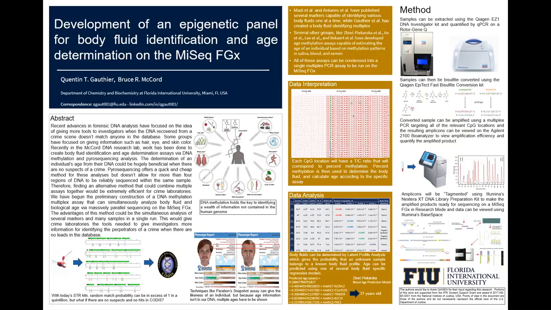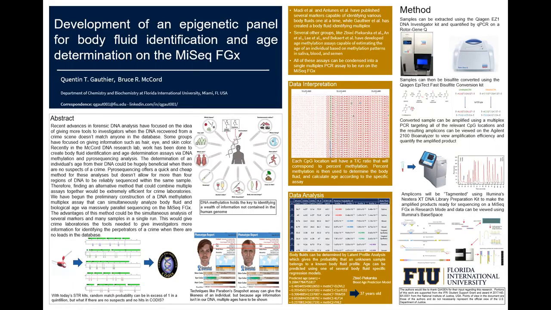So to get a little more specific on the method, looking over here on the right, the samples obviously can be collected from crime scenes and extracted using, for example, in our lab, we use primarily the QIAGEN EZ1 DNA Investigator Kit and quantified with qPCR on the Rotor-Gene Q or with a Qubit. Once we know the quantity of DNA in a sample, we can convert it using the QIAGEN EpiTect Fast Bisulfite